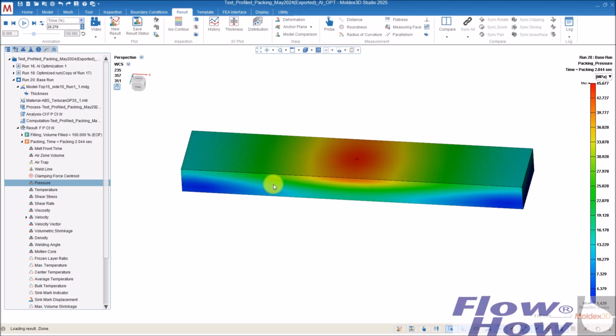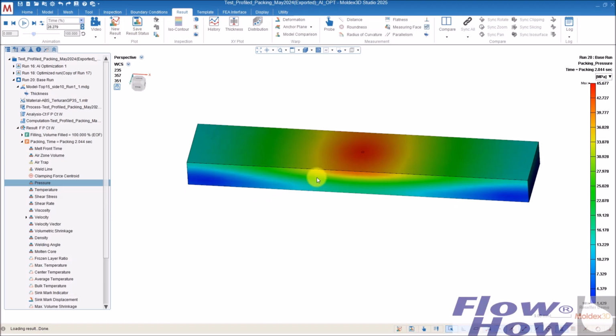And if an area is packed differently with different packing pressure, it will also get a different shrinkage. So that's also why we have, not only the wall thickness, but we also have the distance from the gate out to the end as a factor.